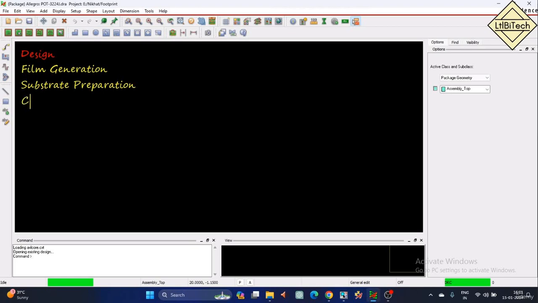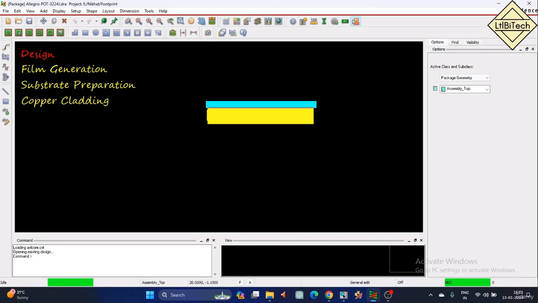The next procedure is the copper cladding procedure. In copper cladding, thin sheets of copper foil are laminated onto both sides of the PCB. As we have already discussed, if you have the laminate or the substrate, the thin copper will be placed on top of the substrate and on the bottom of the substrate, according to your design requirements. This is called copper cladding. Once you're done with the copper cladding, we go for